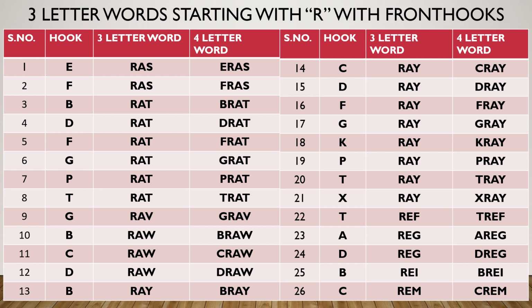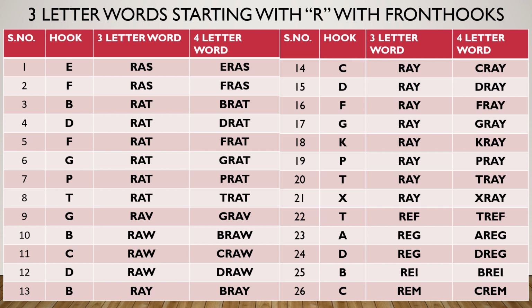RAW accepts B, C, and D as front hooks, making BRAW, CRAW, and DRAW. And there are many front hooks for the word RAY. The words which are formed are CRAY, DRAY, FRAY, GRAY, KRAY, PRAY, TRAY, common words, and XRAY, of course, is quite a common word,